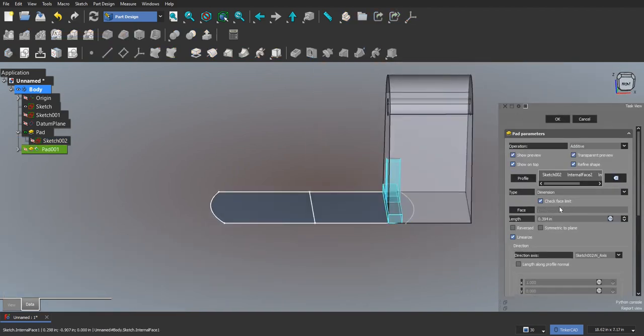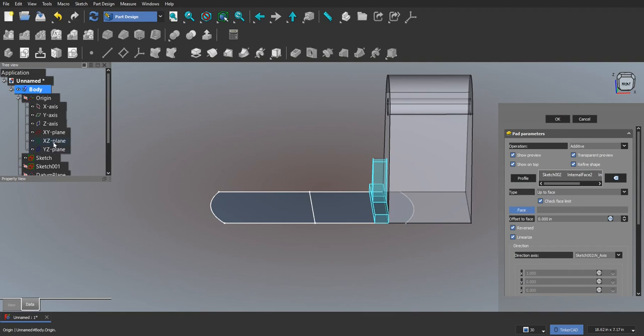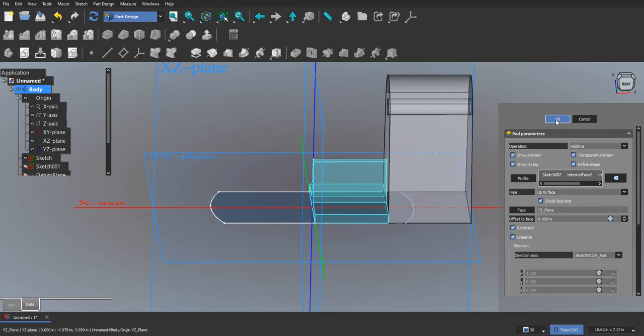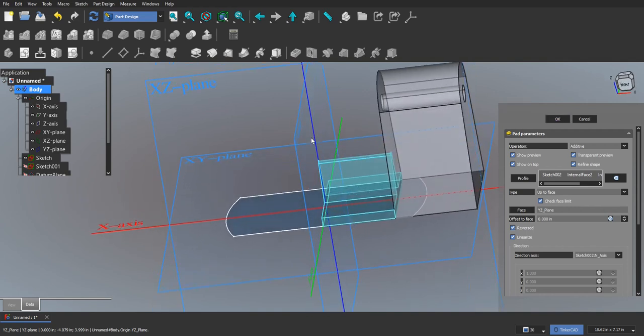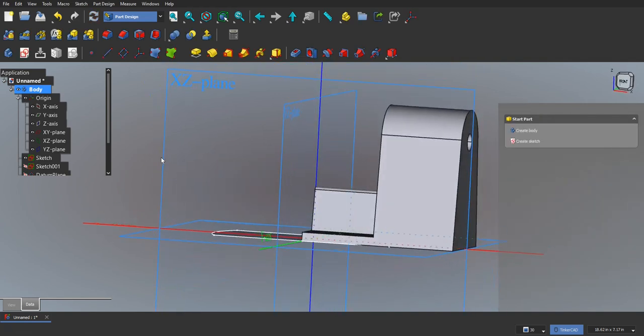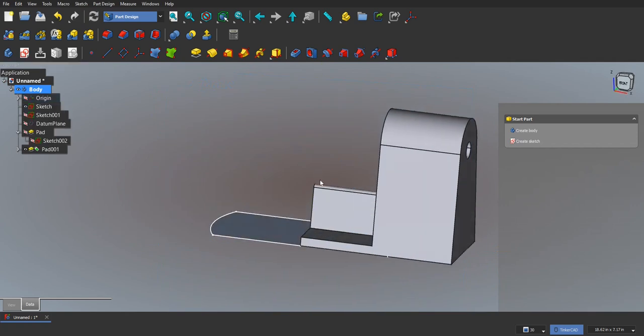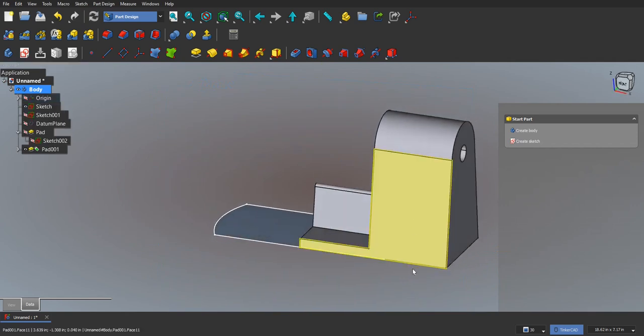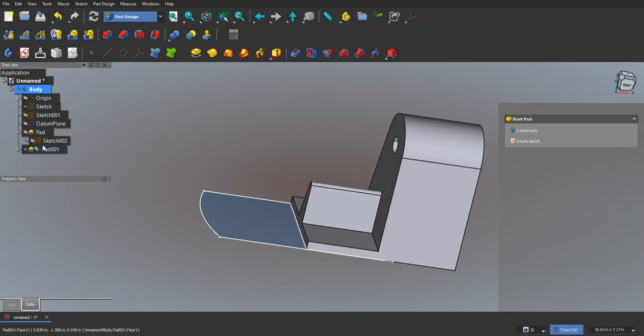So we want to reverse that, and I will say up to face, and then for the face I will pick our center. So OK that, hide that origin again, and it still might be a bit confusing,